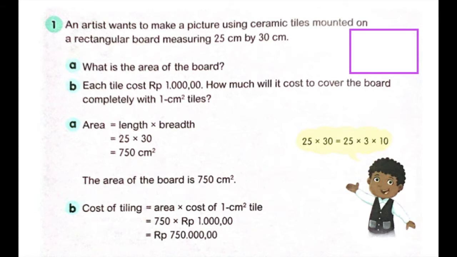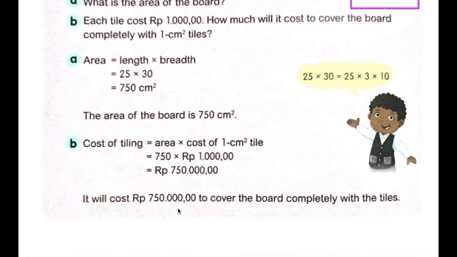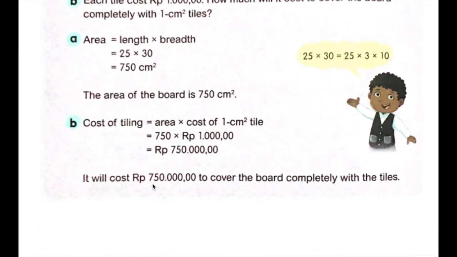Got it? A, done. B, each tile costs 1,000 rupiah. How much will it cost to cover the board completely with 1 centimeter square tiles? Katanya, setiap 1 cm persegi harganya 1.000. Kita punya 750 cm persegi. So what should we do? Yes, we times it. So the area times the cost of the tile. So 750 times 1,000 rupiah. It will be 750,000 rupiah. So it will cost 750,000 rupiah